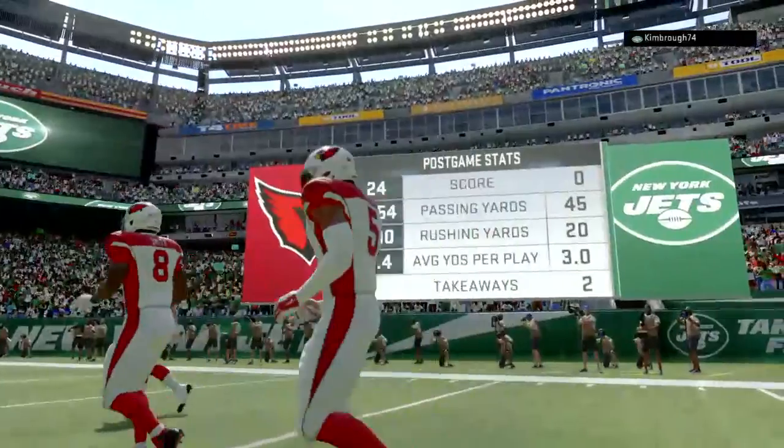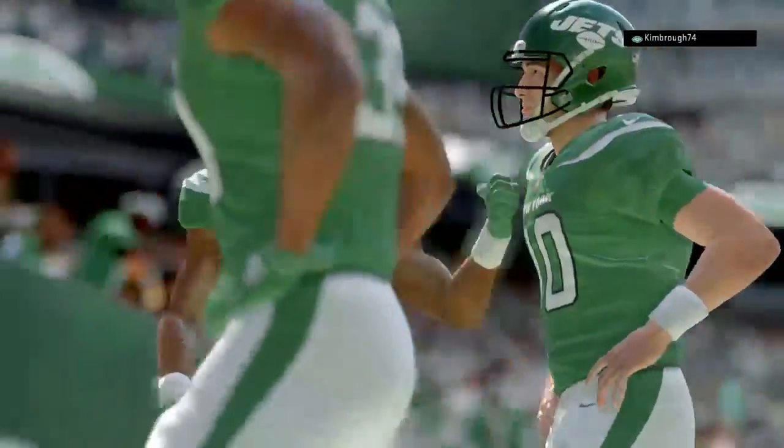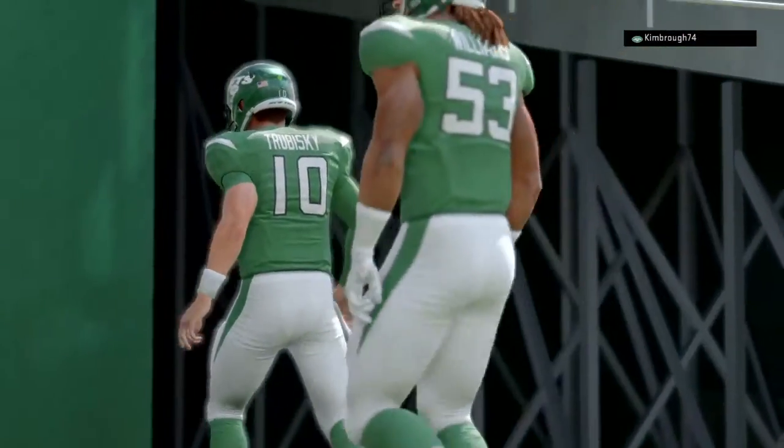So for the Cards, they're on a nice early roll as they move to 3-1 with a win here. And they will head back home next week. Meanwhile, for the Jets, they'll fall back to